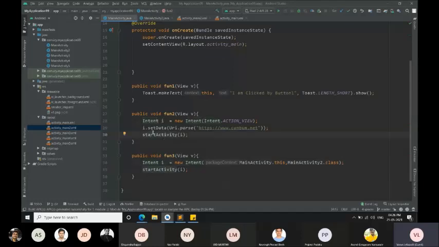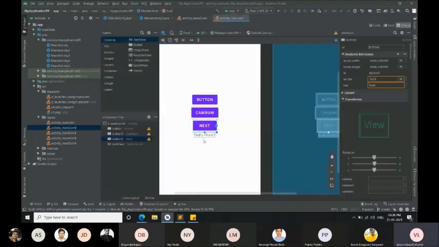I have also told you that sending email is also an implicit intent. I will show you the code for it in a second. So are you clear with this first screen? This is the first screen in the application, and I will go screen by screen. We have three buttons: button 1, button 2, and button 3. This button just shows a text. This button opens the cambum.net website. This button takes us to the next screen. This is the code for it.